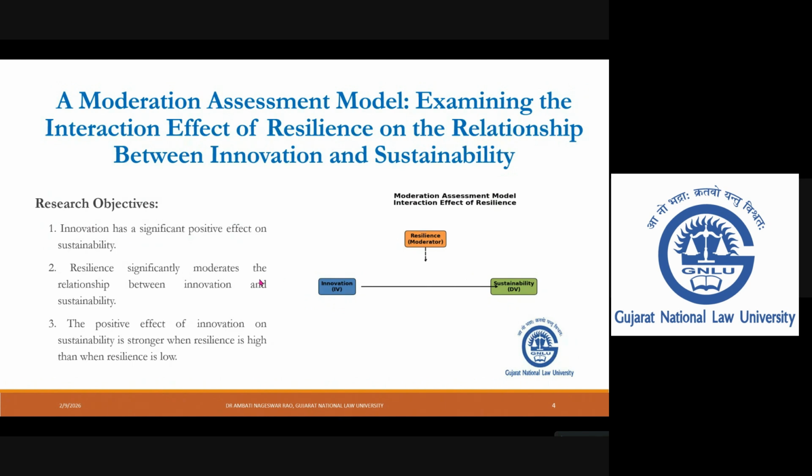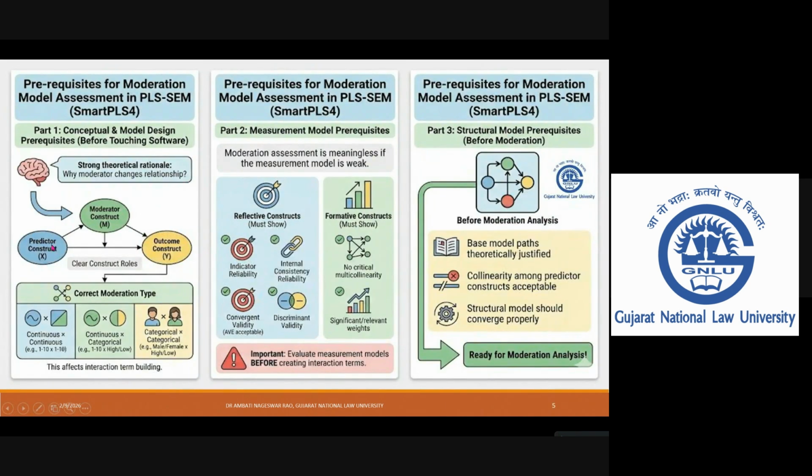Now as a researcher, I have taken the help of the existing literature while designing the constructs. But I need to measure the validity and reliability of the constructs that I have gathered. So for that, we are going to conduct the measurement model. Once we complete the measurement model, we'll go for the structural model. Once we get clarity that there's a good relationship between the constructs, then you'll go for moderation analysis.